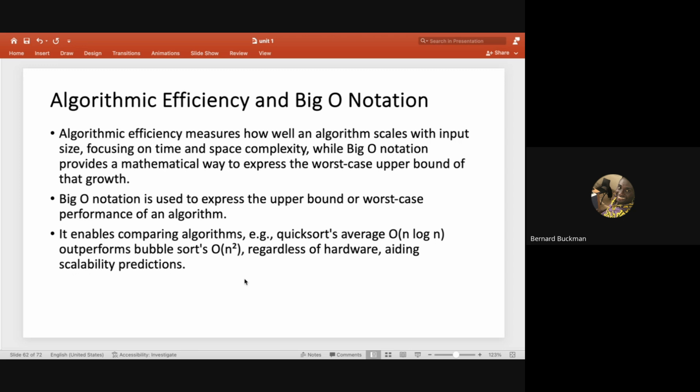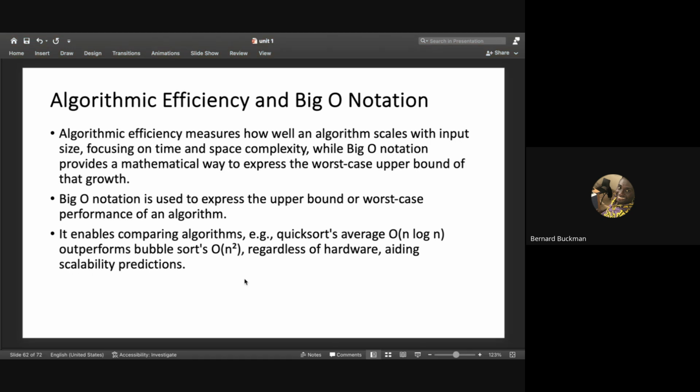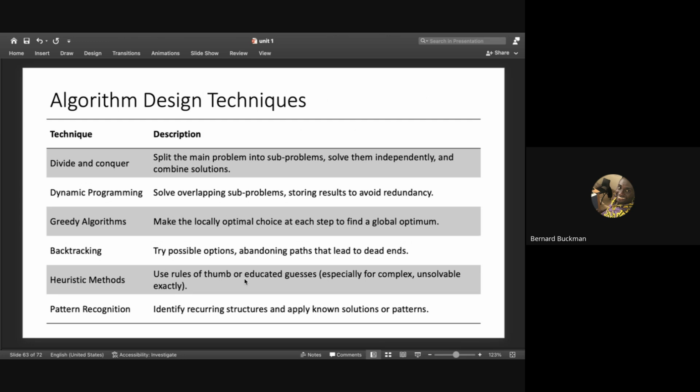An algorithm like bubble sort is quadratic. So when we increase the size of the input, the response is quadratic, meaning it's the square of the size of the input. Those are ways we can measure algorithm efficiency. There are several algorithm design strategies. I already mentioned these before, and they are also in your slide or in your book at that level.